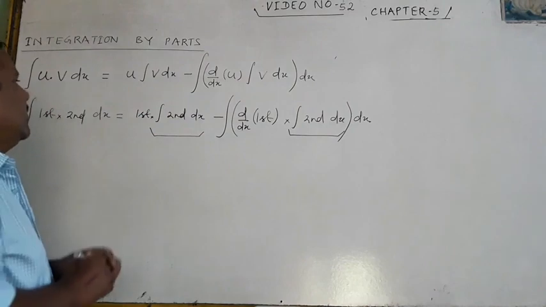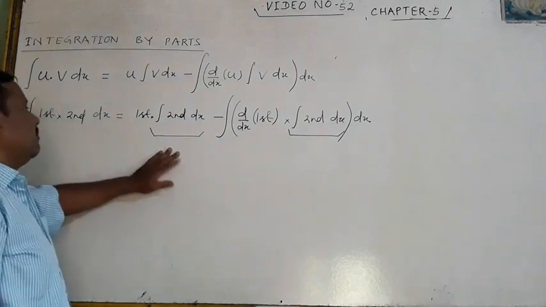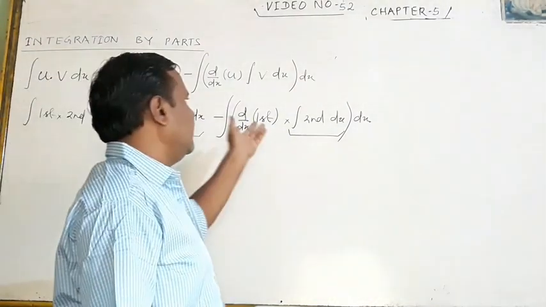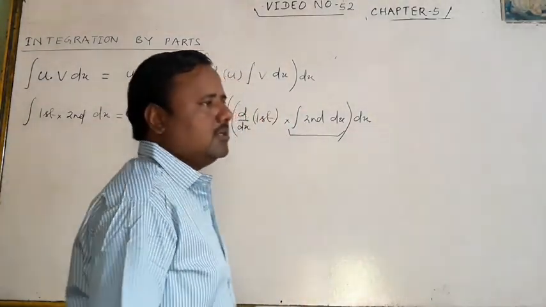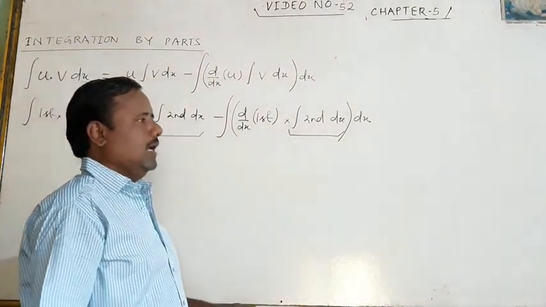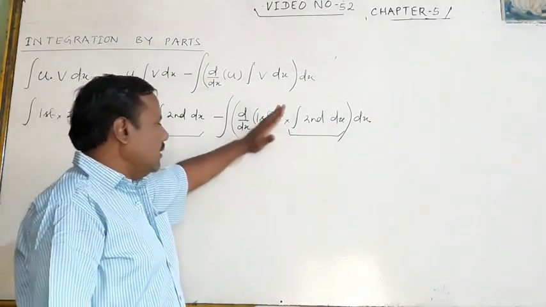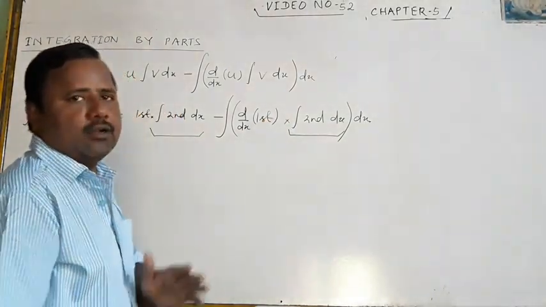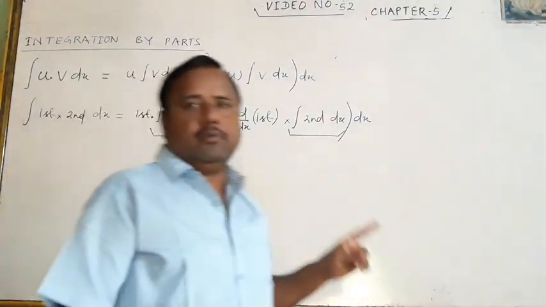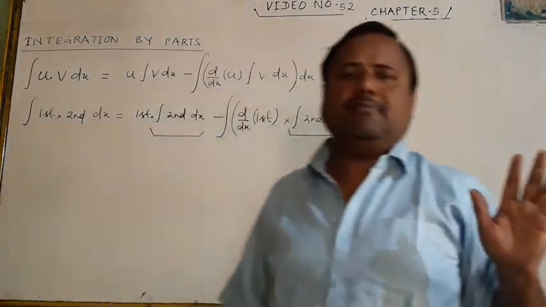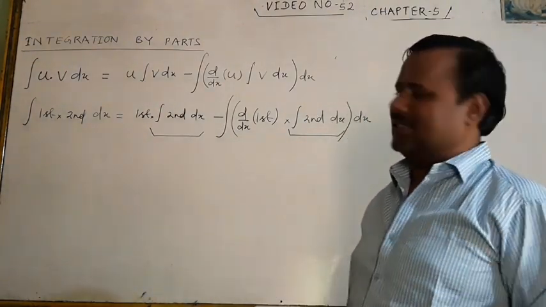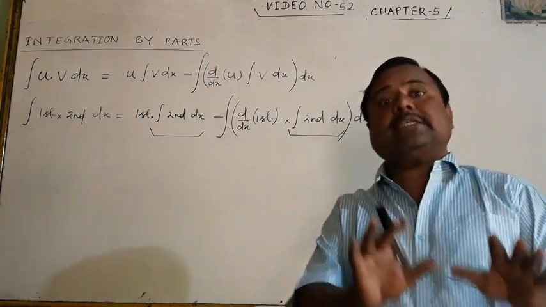In your book, the formula is just the reverse of mine. That is second integration first, derivative second into integration first. But both give the same result. You should remember this. I will go accordingly. Don't follow the book. If you follow me, then don't follow the book. If you follow the book, then don't follow me. They are totally different ways, but finally they will give you the same result.